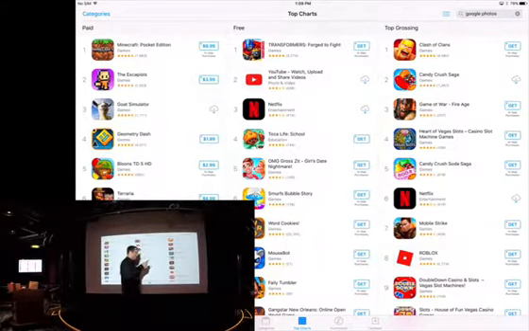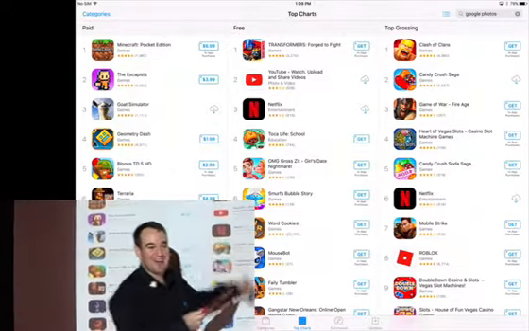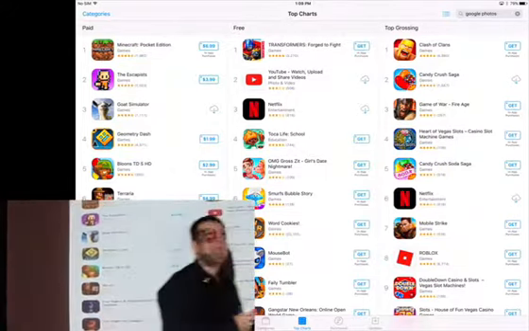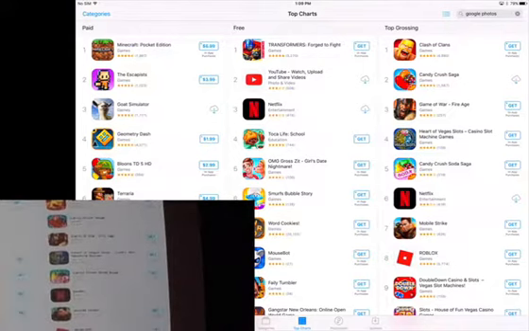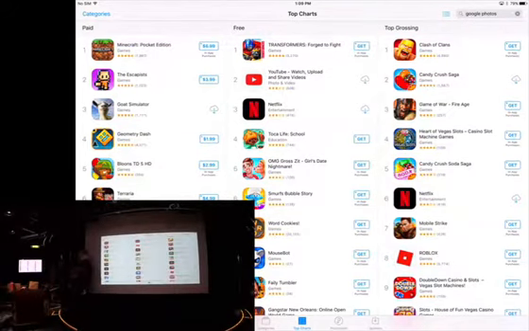Top free app right now is Transformers Forged to Fight. #2 is YouTube. #3 is Netflix. And #4 is that app that Apple made free by paying for it. And that's what they do. And then the next week, it'll still be up in the apps list, if that makes sense. But here's where it gets interesting. You have top paid, top free, and then you have top grossing. Almost all the top grossing apps are free.